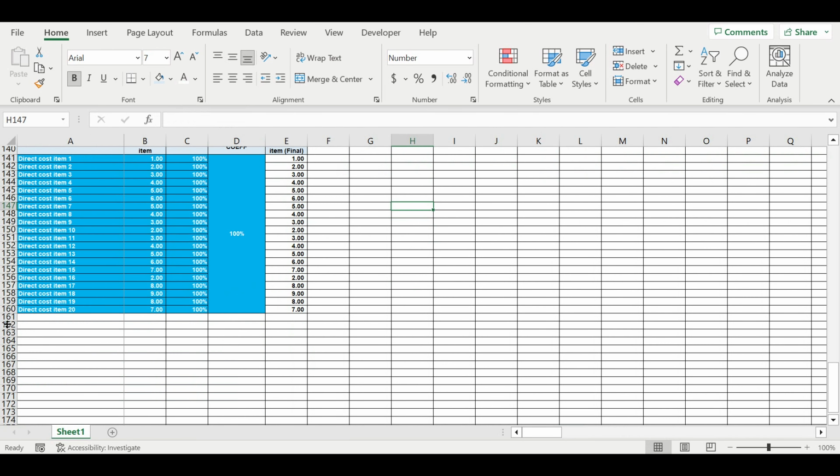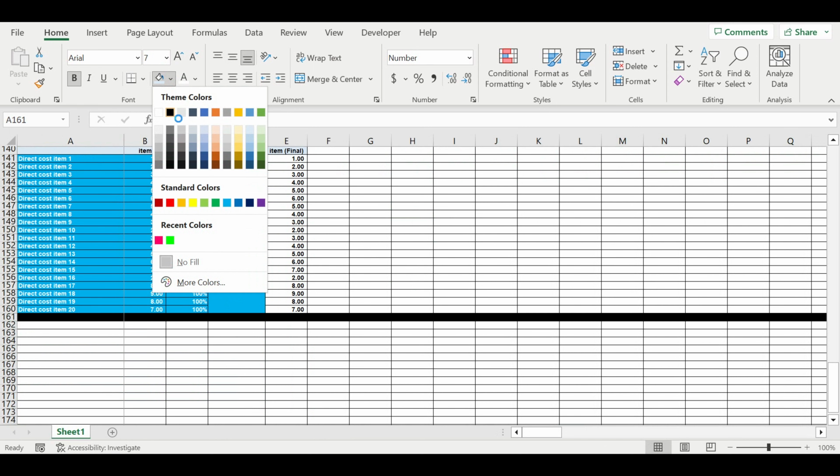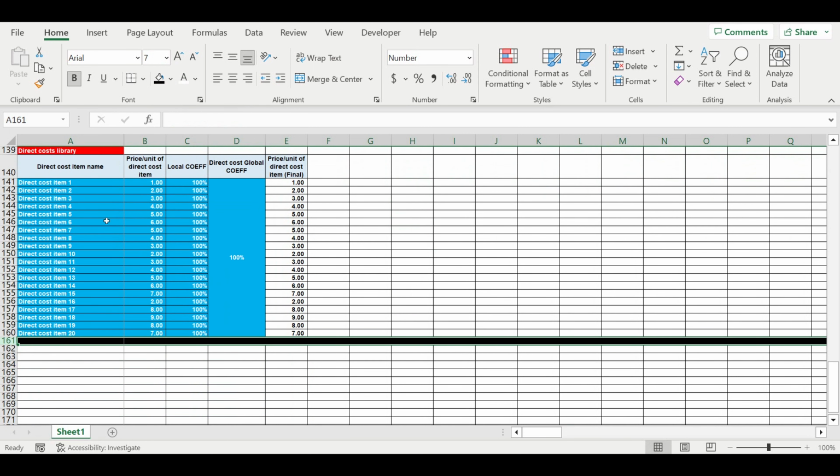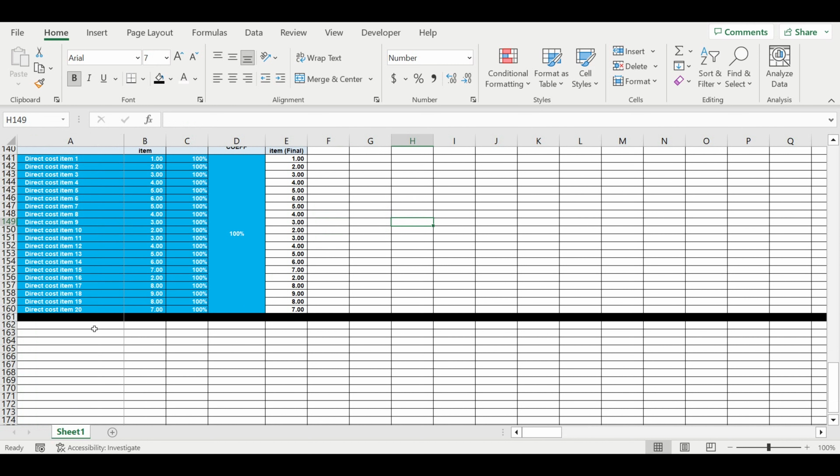So this is the library where we put the list and prices per unit of direct cost items that participate in our manufacturing process. So all components that participate in our production process, manufacturing process, we are putting here. And now what we will do now, we are moving to